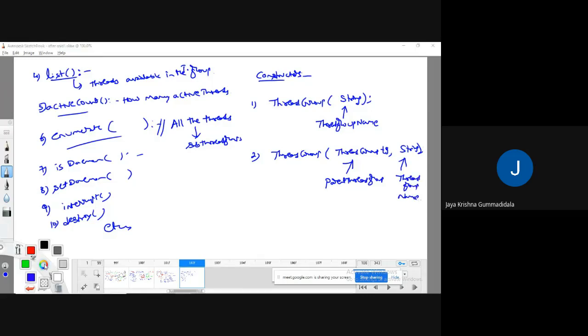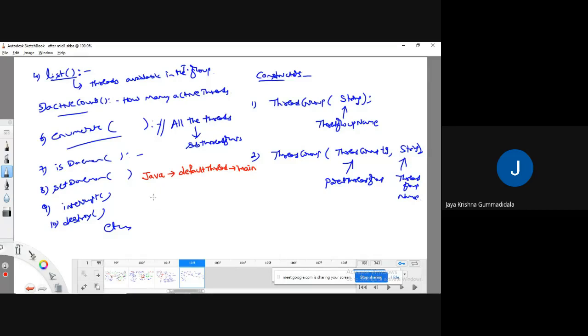Let me explain it clearly. Observe, guys, in every Java program there is one default thread. Am I right or not? That thread name is what? Can anybody say? The default thread is the main thread.